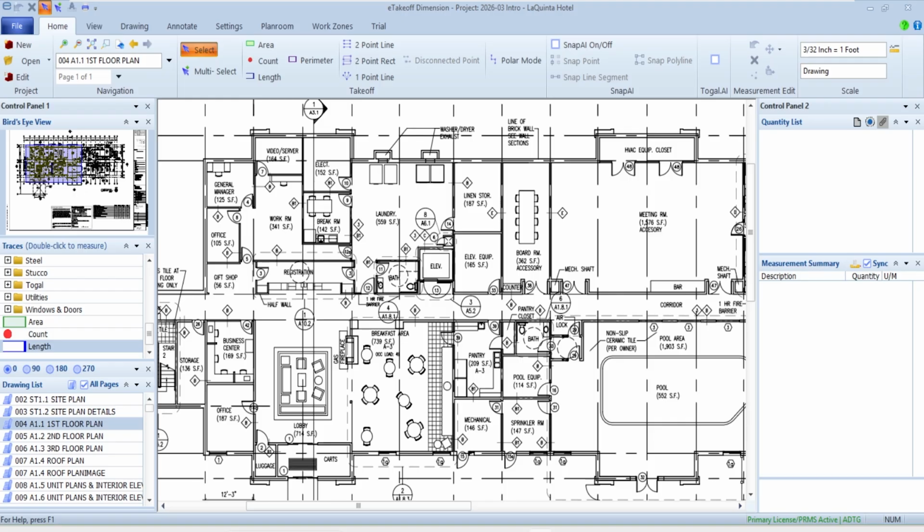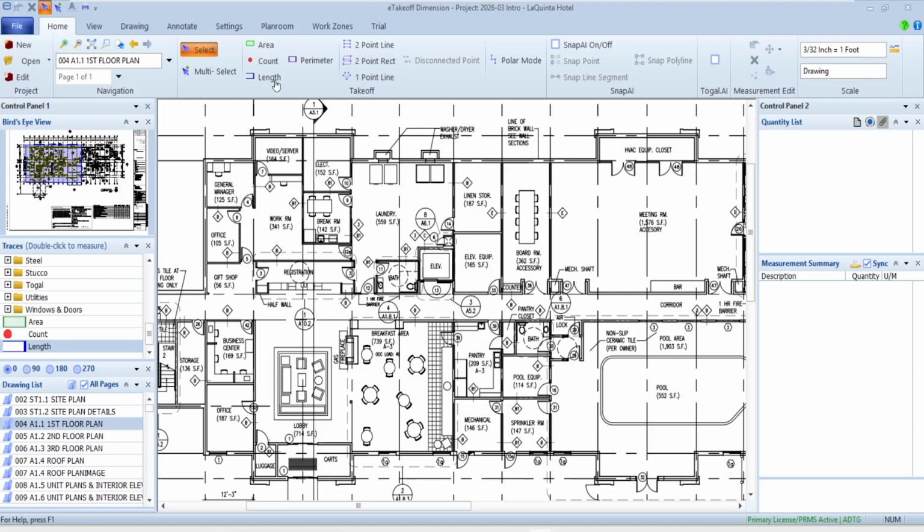This is the third video of 5. This section is going to be continuing on our takeoff and just some efficiency things to speed up the takeoff. So in the previous one, we just looked at normal lineal footage and area and things of that nature. And this video is going to focus on things that can actually speed up takeoff.